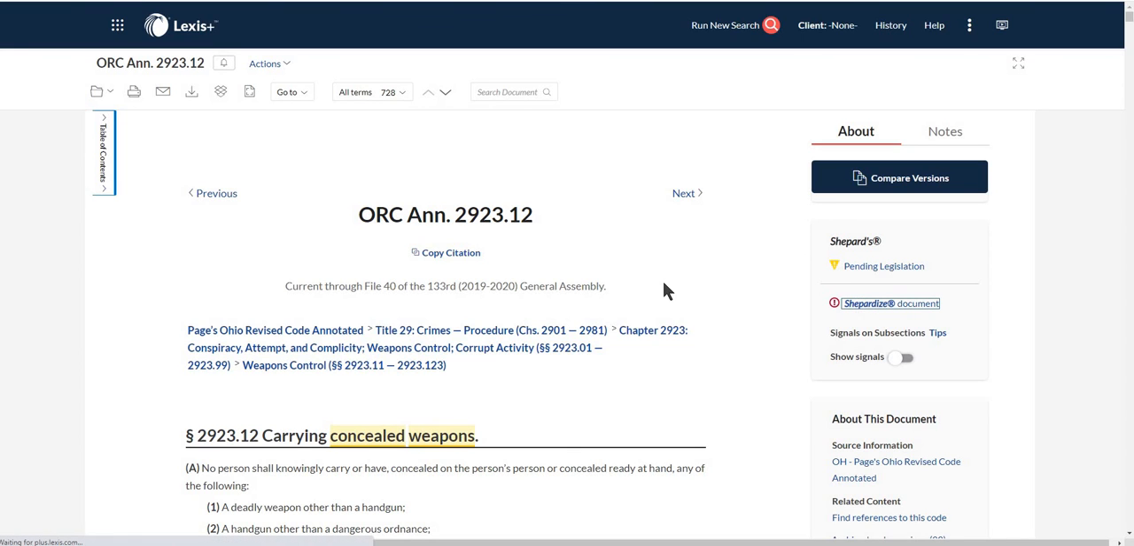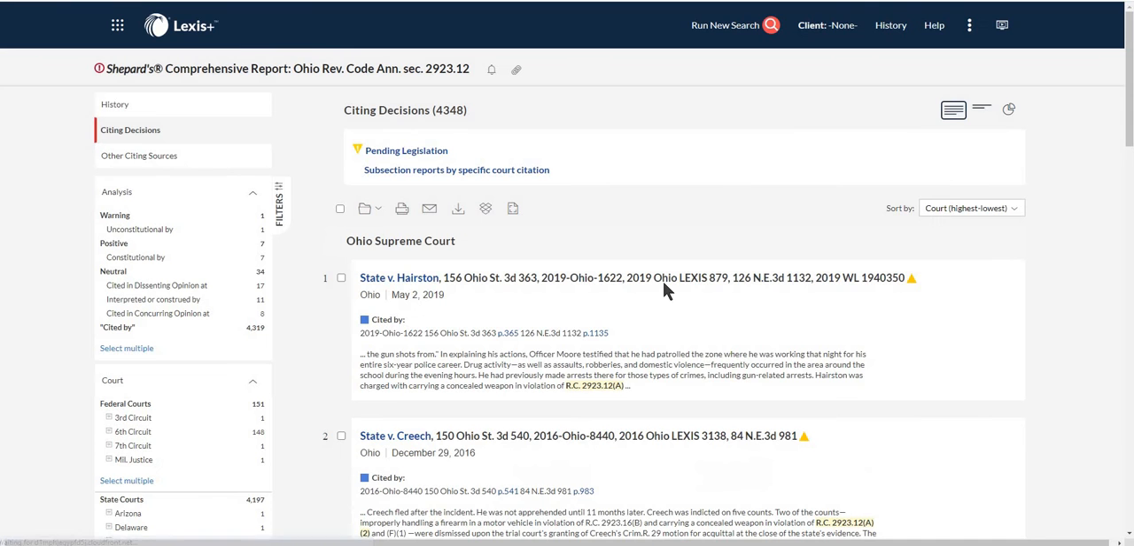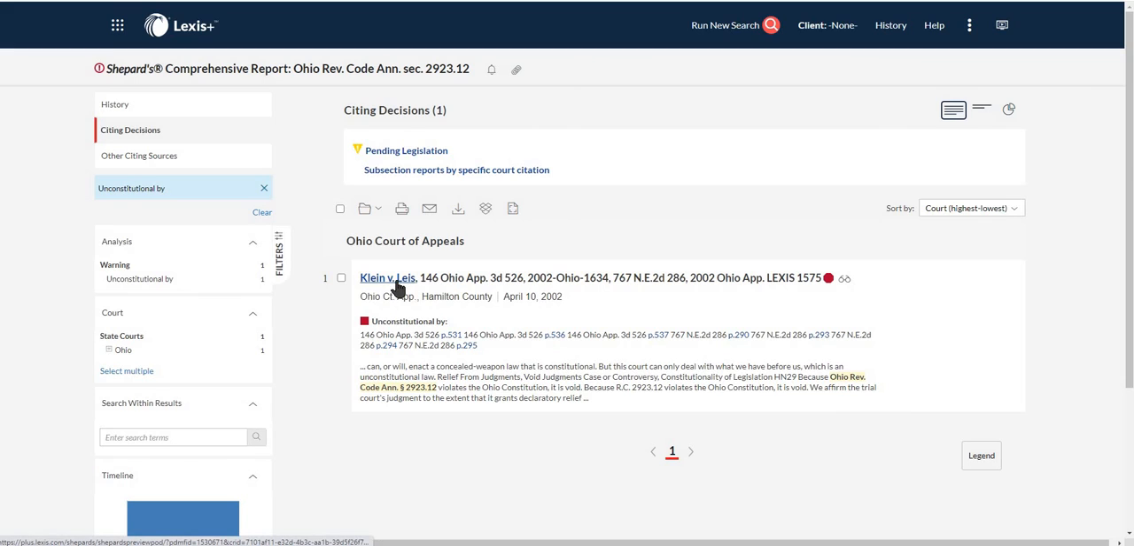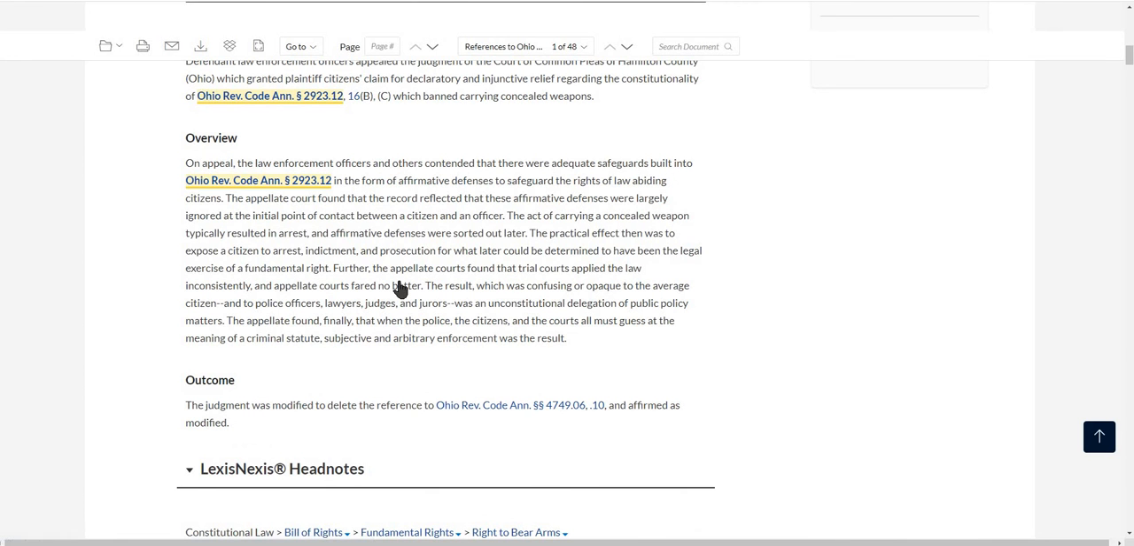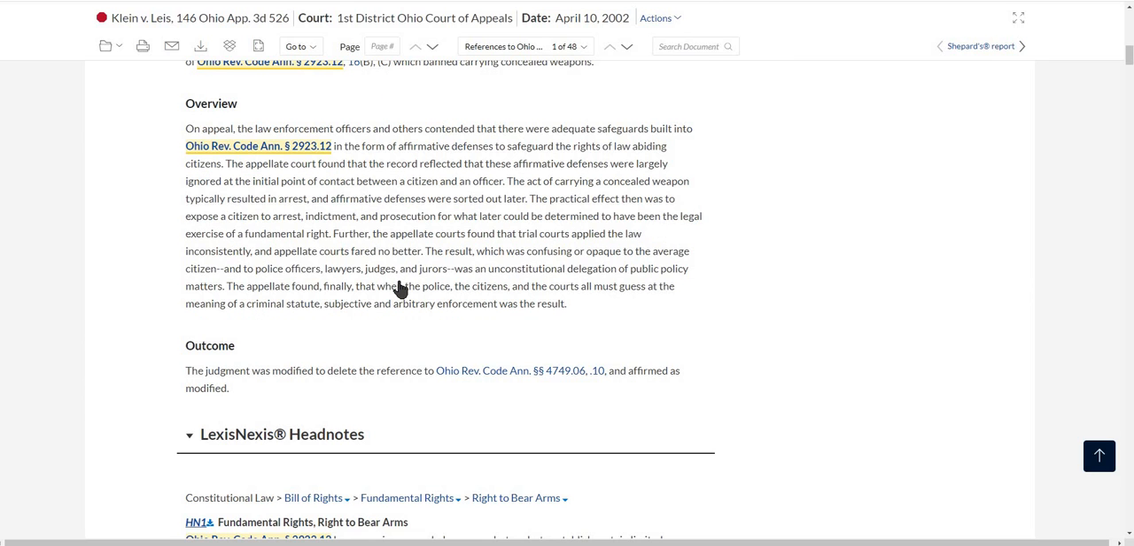And then if I click Shepard's document, I'll be able to see the whole report, including citing decisions. So there's a warning here. There's one case that has found this statute to be unconstitutional. Well, I better find out what that is if I need to rely on this statute. So it's this Klein case. So I'm going to open up Klein to find out why Klein found the statute to be unconstitutional, and if that matters for my